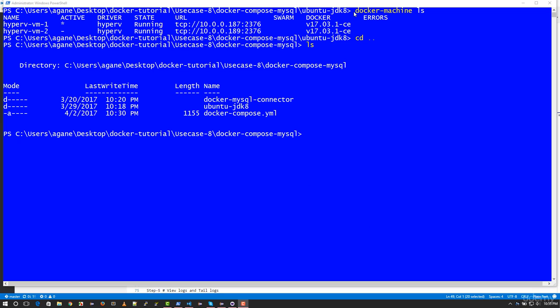So as you see on the screen right now, we have Docker machines listed out. We see that Hyper-V VM1 is active, and we've gone into the use case number 8 with Docker compose MySQL directory, which houses the docker compose.yaml file. And as you can see, it has both the directories, and the docker compose.yaml file is going to look into